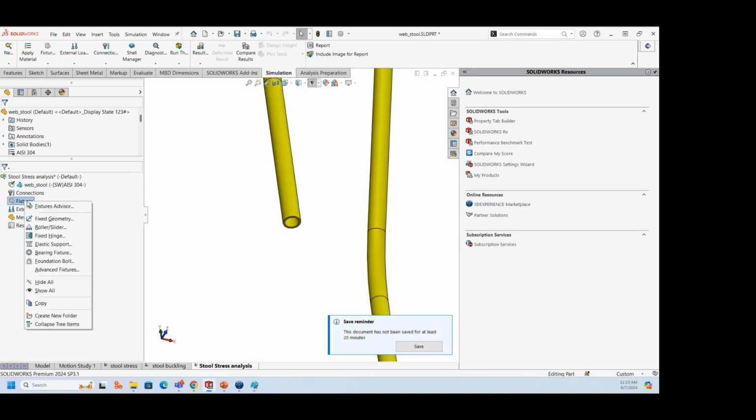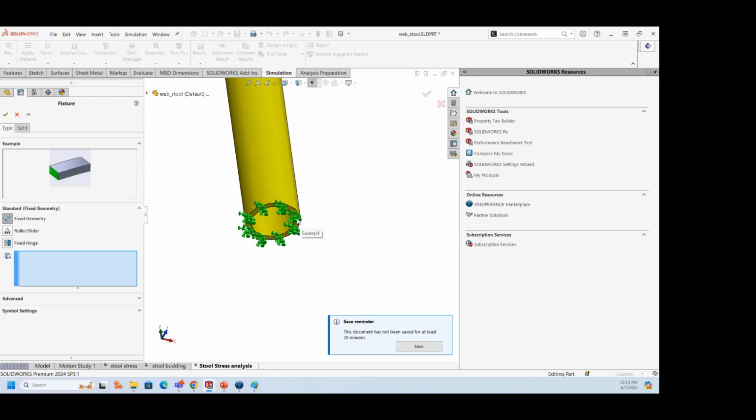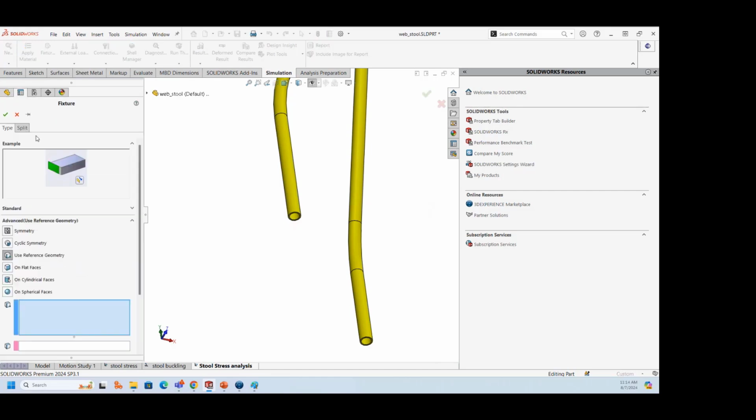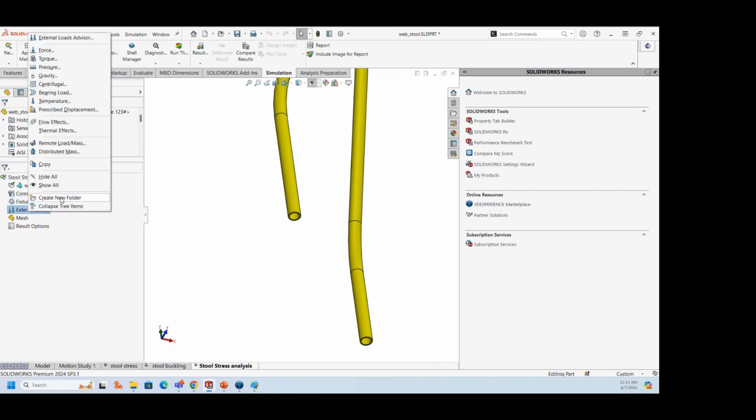If I right click, fix geometry, and fix this, what is going to happen? The entire degrees of freedom are going to be constrained. Here you are not going to get the rotational aspect as well. So to evaluate that, I will go with the advanced fixtures,